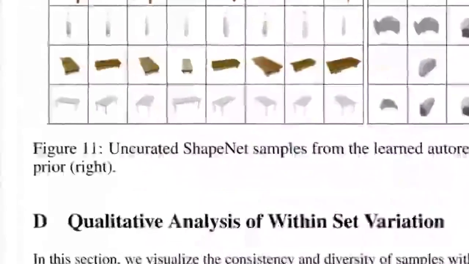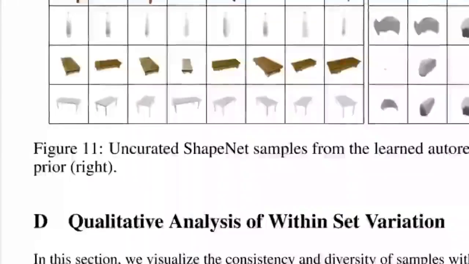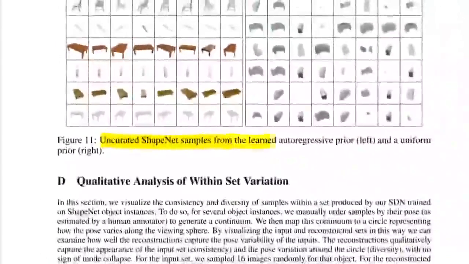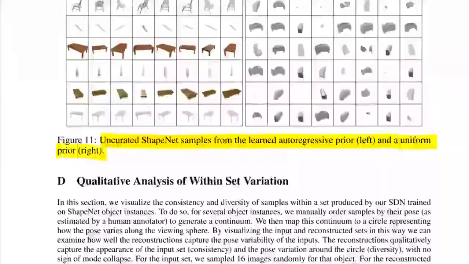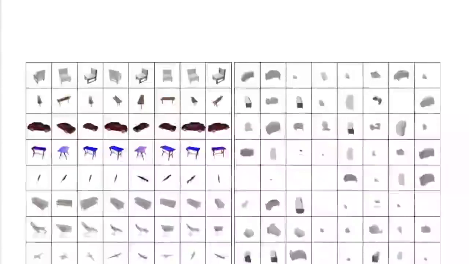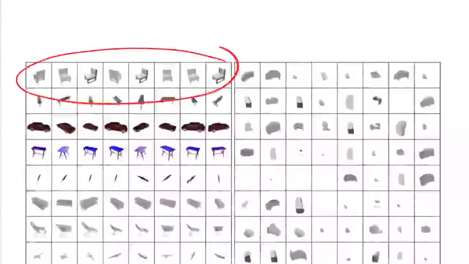I want to look at some more of the samples, because I've only shown you the reconstructions. What I also find interesting is the free samples. So here you see uncurated ShapeNet samples, and on the left, here you can see this effect from the learned autoregressive prior and a uniform prior on the right. And here you can see this effect of learning this prior. So if I learn the prior, it's going to give me back fairly okay objects. If I don't learn the prior,